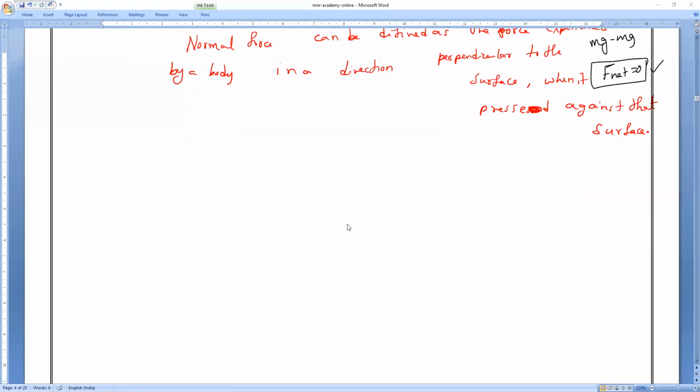How can we find the normal reaction on a body placed on an inclined surface? Now I taught you, if it is a normal surface and I place the object, the weight of the object always acts in the downward direction. Normal acts in the upward direction, perpendicular. Normal is always perpendicular to the weight. I can represent it with R also or N also. Please don't get confused. Both are the same.